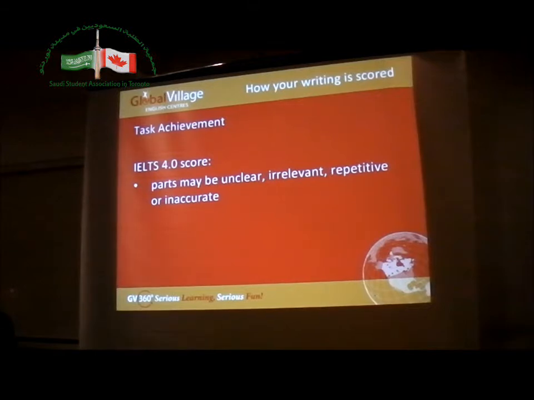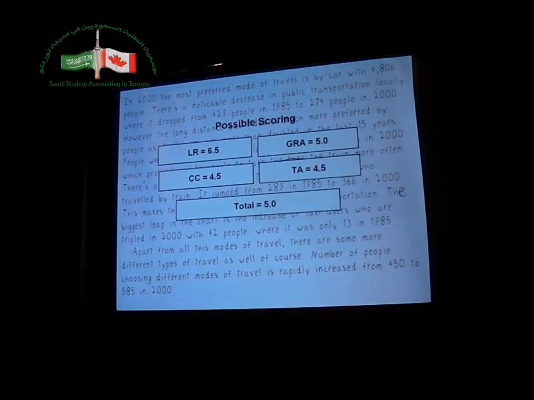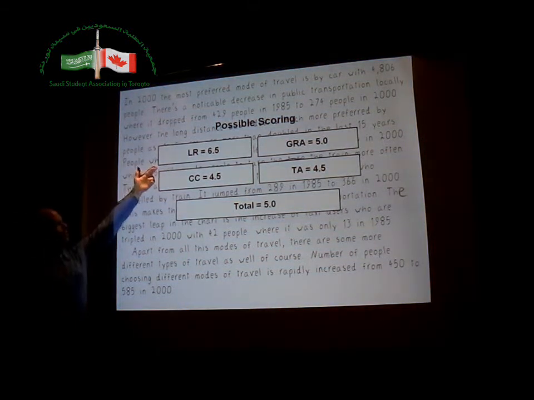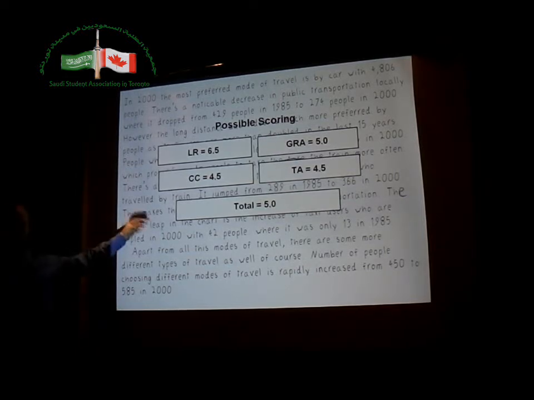Okay, LR was vocabulary, probably about a 6.5. We said he did a good job with all the, remember, increase and decrease and all those things, but like was said over here, it was people. Also by train, he could have said by rail. Could be a little bit more flexible.